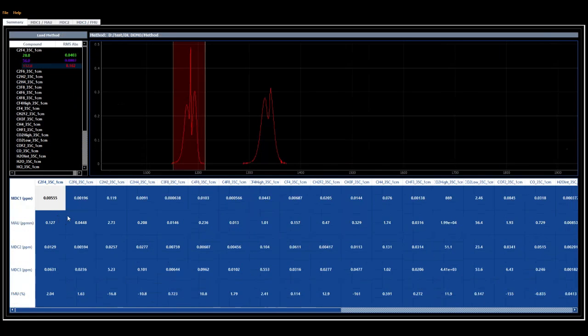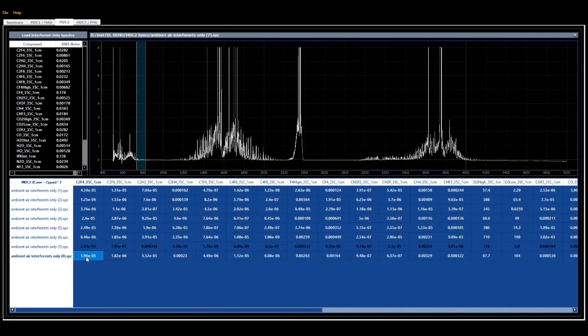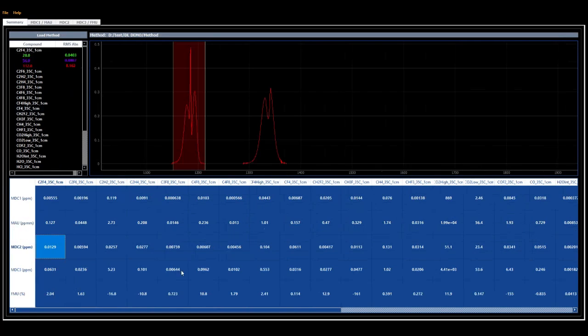Back to the summary tab, MDC1, MAU, MDC3, and FMU are all results of the average of each individual measurement on their respective pages, while MDC2 is 3 times the RMS of all the information here as per the ASTM 6348. If I right click on this table, I can copy all of these results to the clipboard, and I can paste them into my